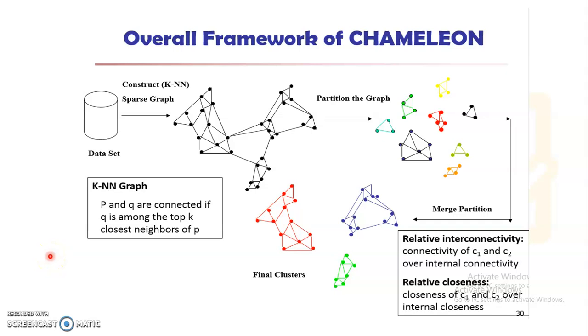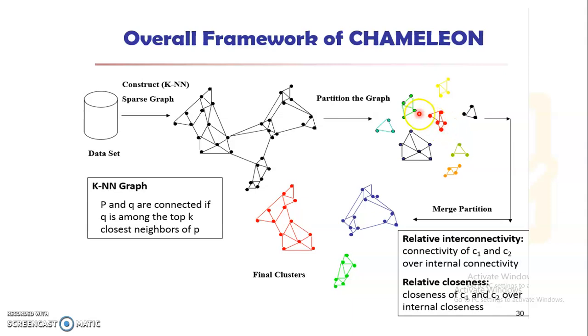We can understand the complete concept with the help of this diagram. We have a data set. We can apply a graph algorithm. Here we are using the KNN graph algorithm. The KNN graph algorithm will give us a graph that shows the interconnections between the objects, how one object is connected to another object. So the graph algorithm is the first phase that generates a graph for the data set.